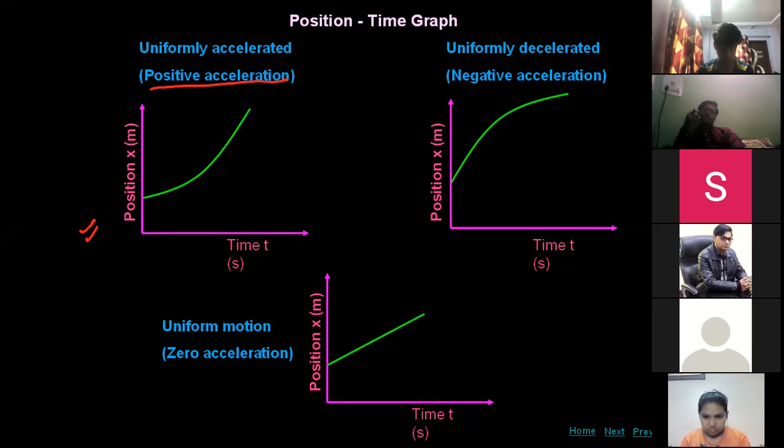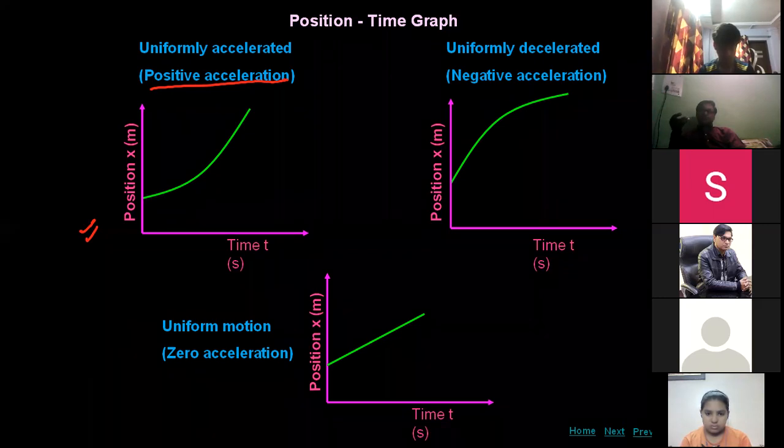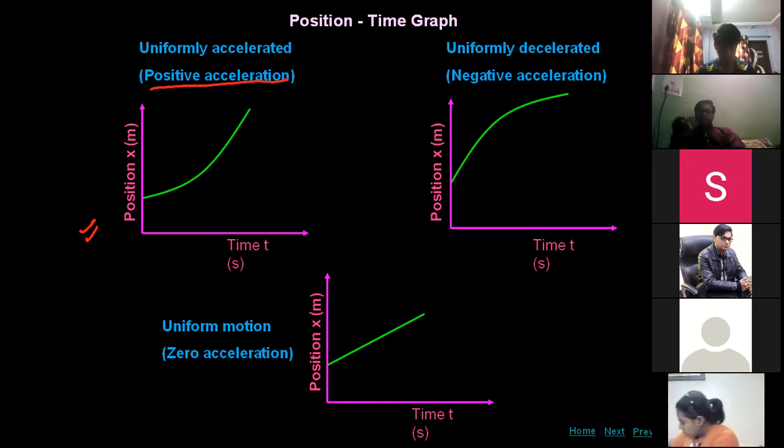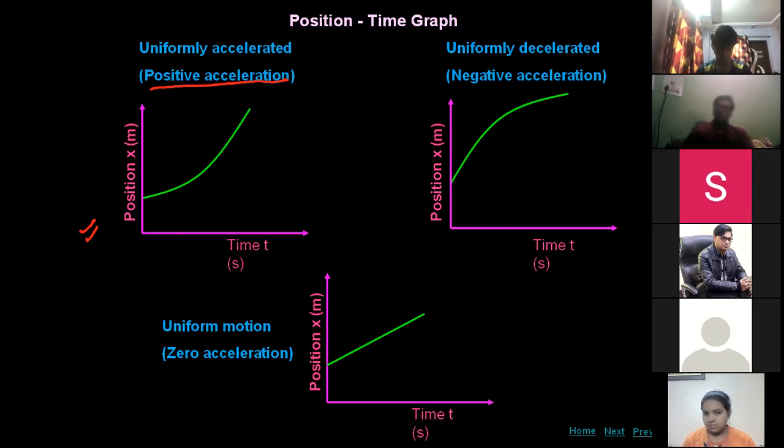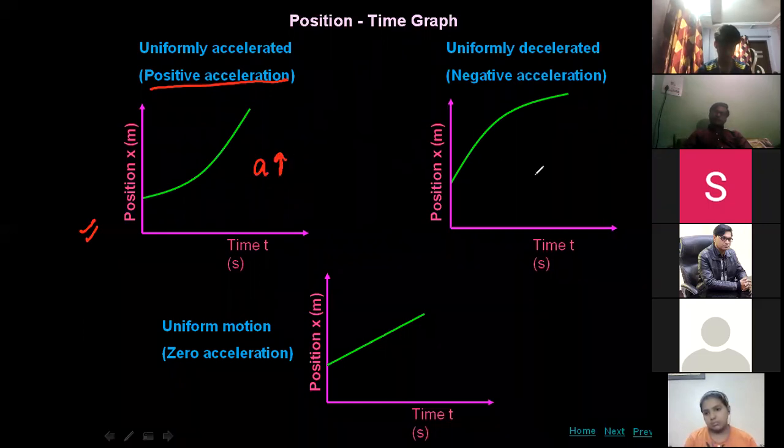When the curve is toward the time axis, this is called positive acceleration. When the curve is away from the time axis, that is called negative acceleration. When the line is straight between the position and the time axis, the motion is uniform motion, means acceleration is zero. So I also explained it in the class. I think you remember that. In that case, the acceleration is increasing, where